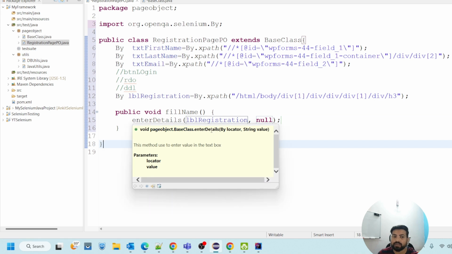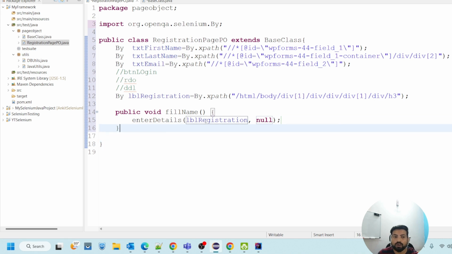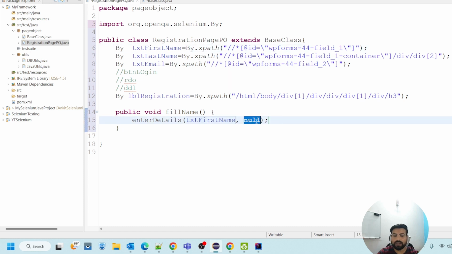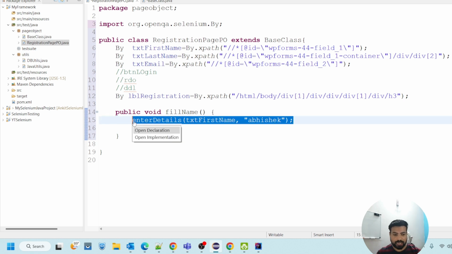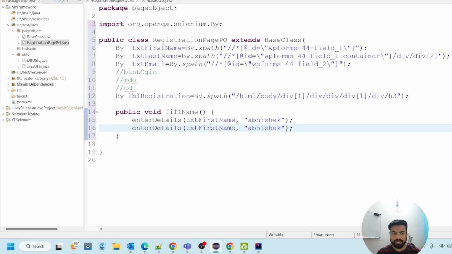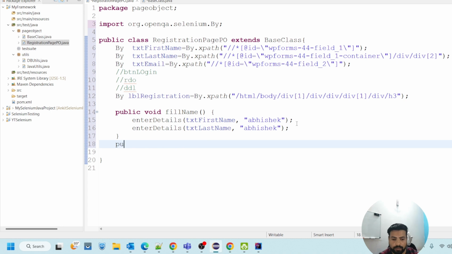See page object base class enterDetail, locator and value. What is the locator? This is the locator value that we can provide. Is Abhishek. Same goes with the last. Now we need to copy this and change this. Fill name. Next method that you can write, public void